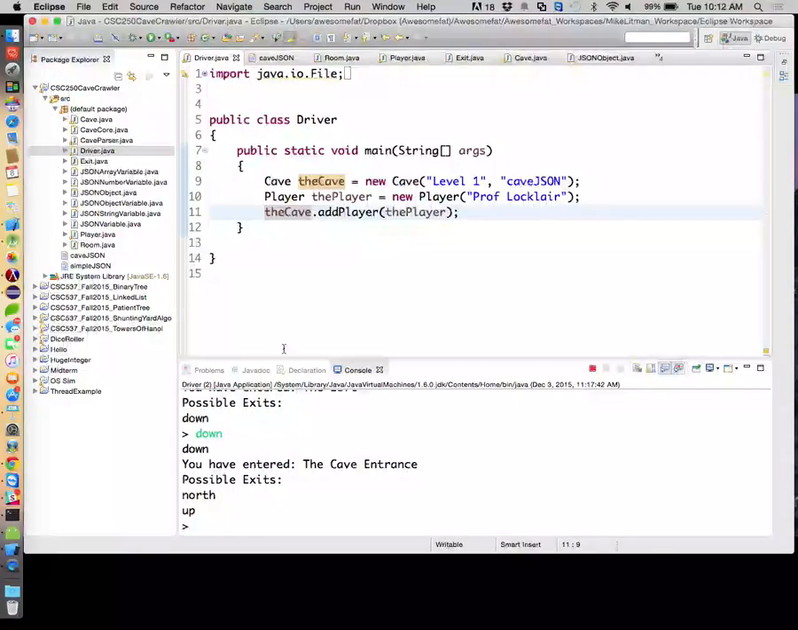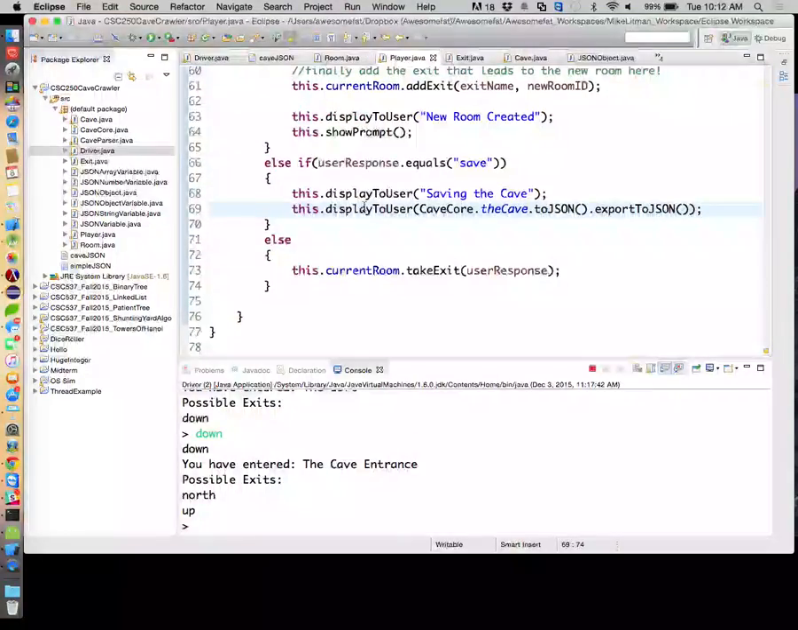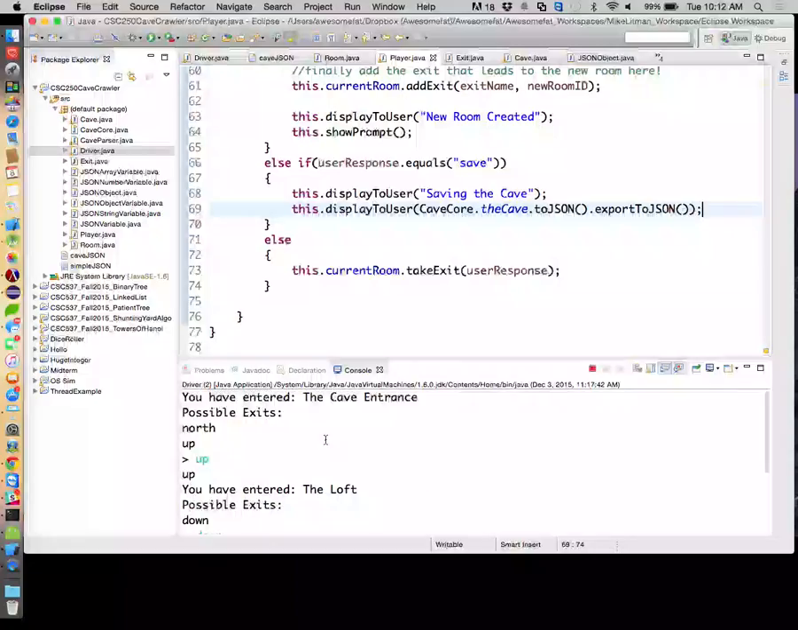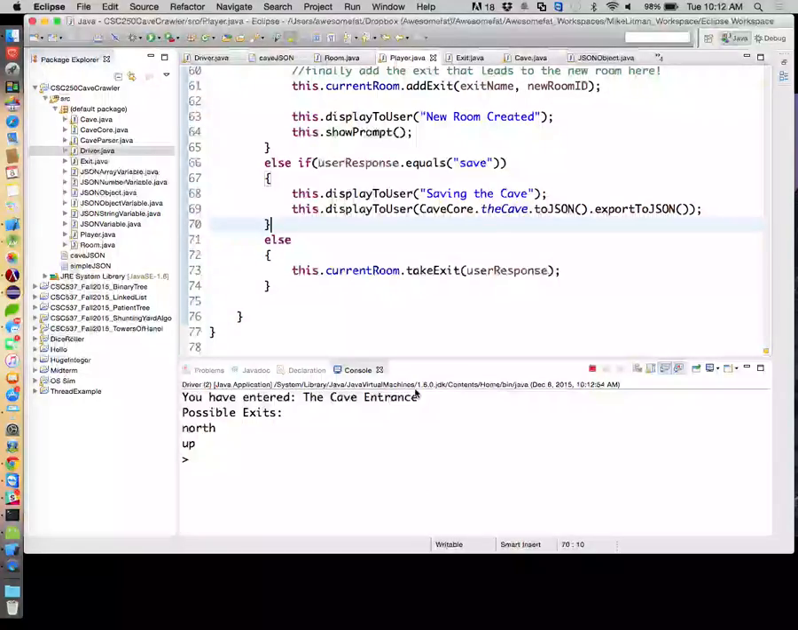Add player, where's our save? It's in player. Here it is. Display to user, the cave to JSON, export to JSON. So that's already happening, right? So we're getting it written out to the user. We just need to write it to a file. And then when we restart the cave,